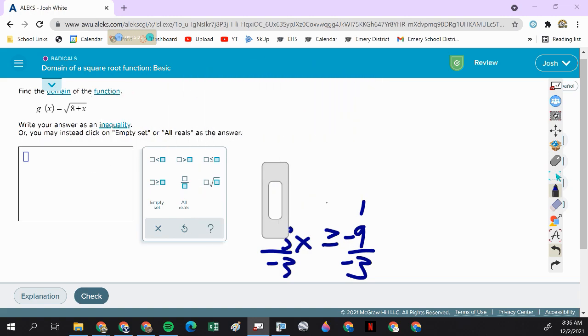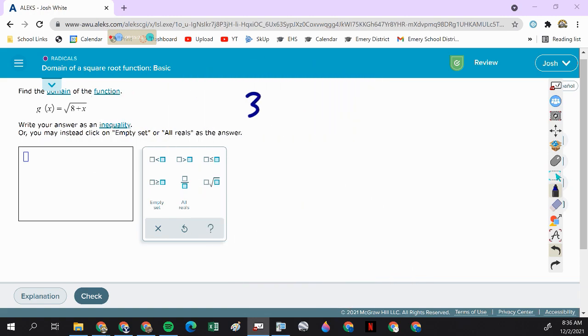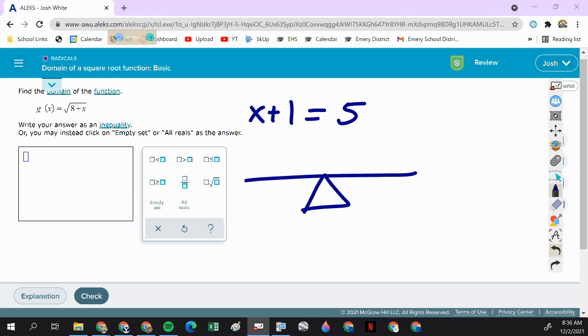So let's consider x plus 1 equals 5. So every equality is a balance. The left side weighs exactly the same amount as the right side. So on the left side, I have this block called x, and then I have 1 pound. And then on the right side, I have 5 1-pounders. And it's perfectly balanced. If I want to figure out how much x weighs, then I can subtract 1 pound